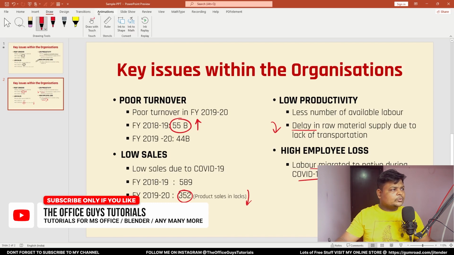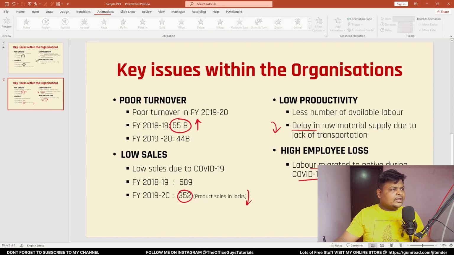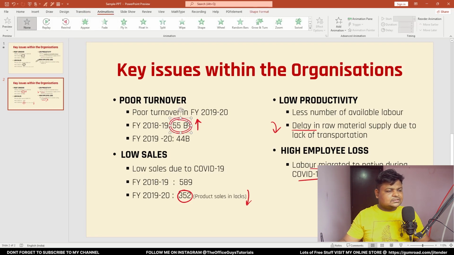Next, click on this arrow here so that we come out of the drawing tool. Now come to the Animation tab and select the marks one by one. I want this circle to come first. When you select this option, Ink, you'll get an option called Replay. So I'll select Replay here. You can see the replay is happening.